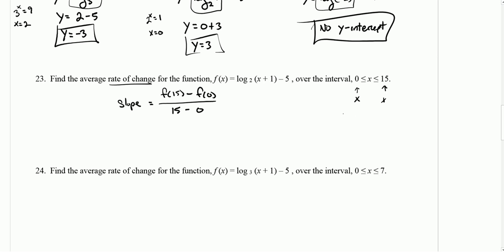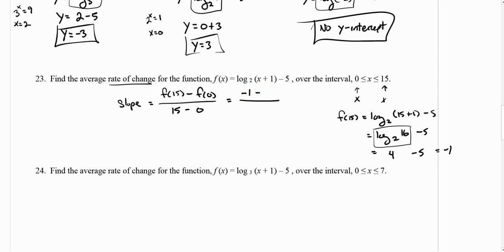So f of 15, let's evaluate that. That would be log base 2 of 15 plus 1 minus 5, which is log base 2 of 16 minus 5. So log base 2 of 16, this piece right here is asking 2 to what power is 16? Well, 2 to the 4th power is 16, minus 5, and so we get f of 15 is negative 1, 4 minus 5. So negative 1